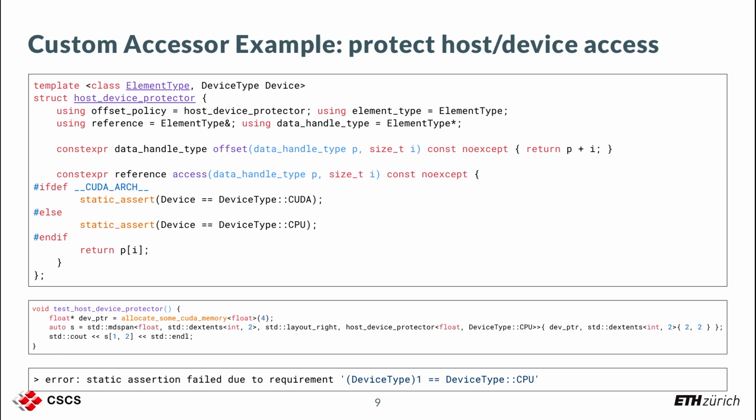So here I'm basically saying if I am compiling this for the CUDA device, then I assert that the device type is CUDA. In all the other cases, when I'm not compiling for a CUDA device, I assert that the device type is CPU. It's a very specific thing. And then I allocate some CUDA memory in some way, and now I am accessing it. Then I create the mdspan,